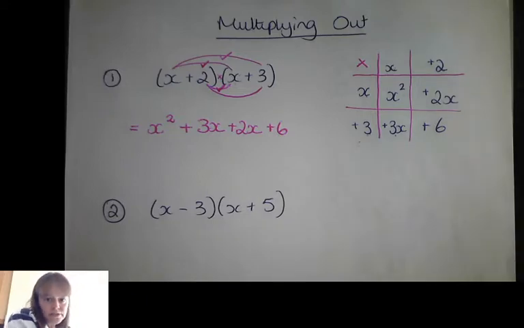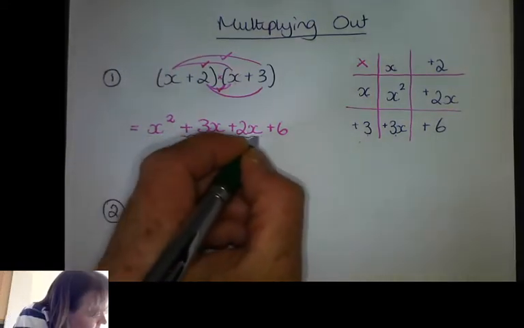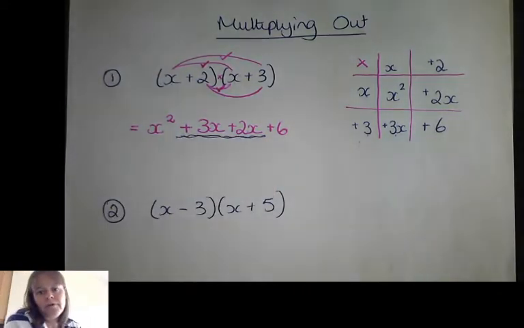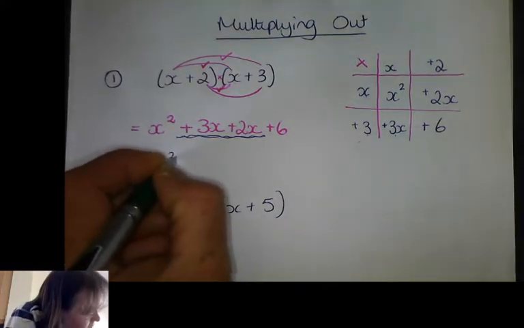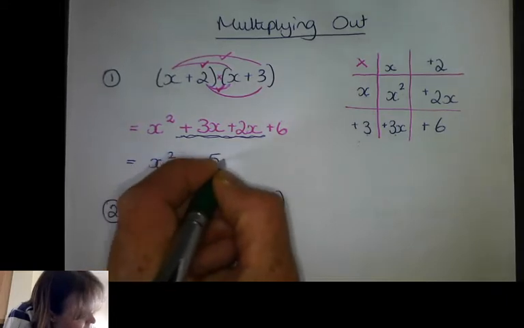Now, I've done quite a lot of work, but I'm not quite finished yet. The last thing I've got to do is just tidy it up a little bit. If you look at these 2 terms in the middle, they've both got x's in them. So if I've written plus 3x plus 2x, then actually I could tidy that up a bit, because if I've got 3x plus another 2x altogether, I think I've got 5x. So the last thing I do is just tidy that up and put those 2 x's in the middle together